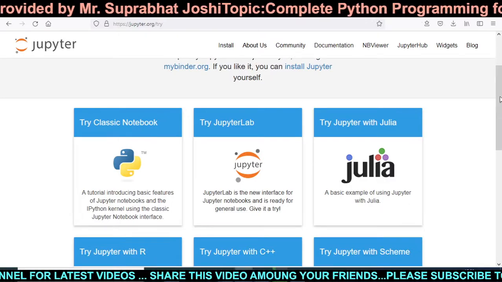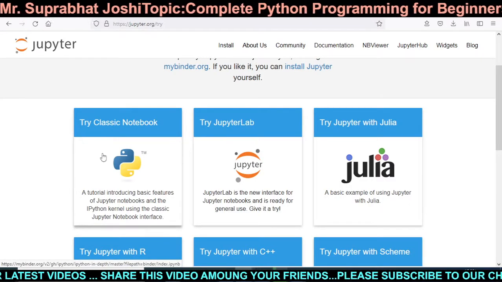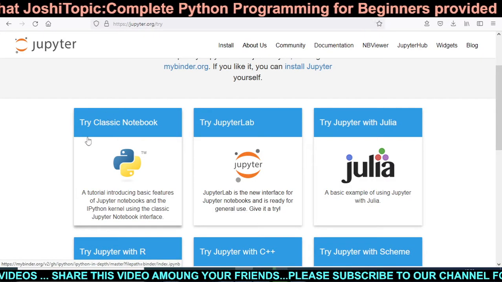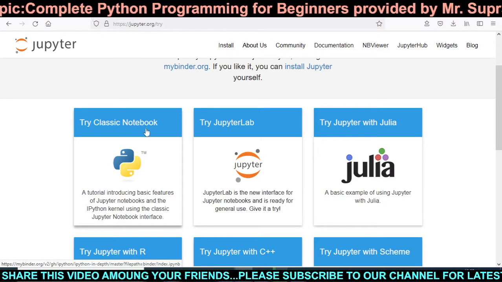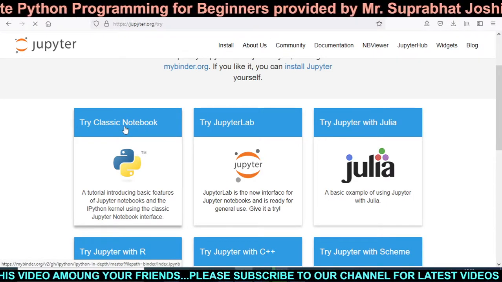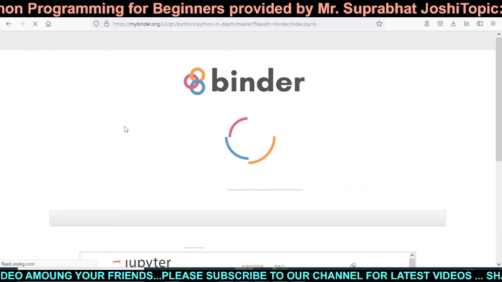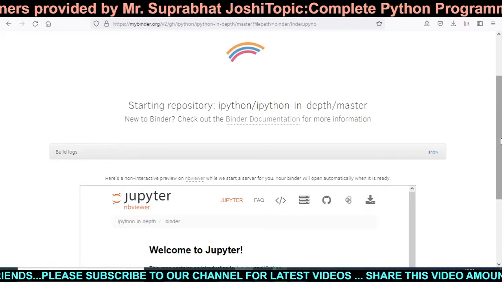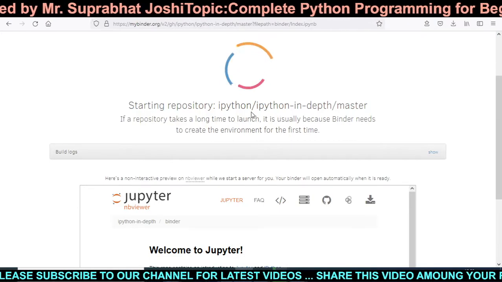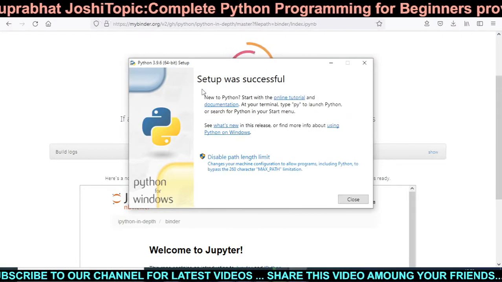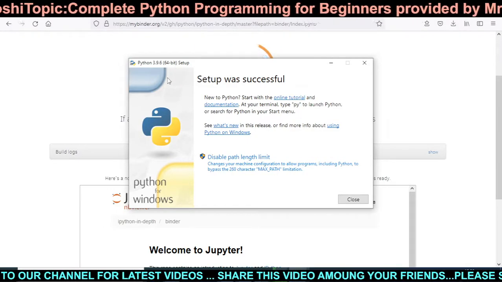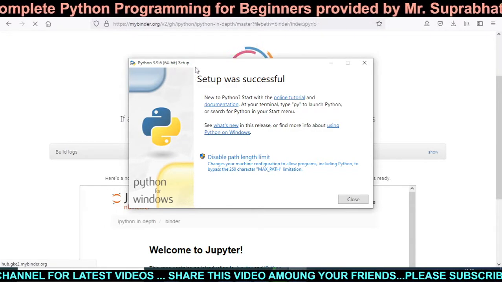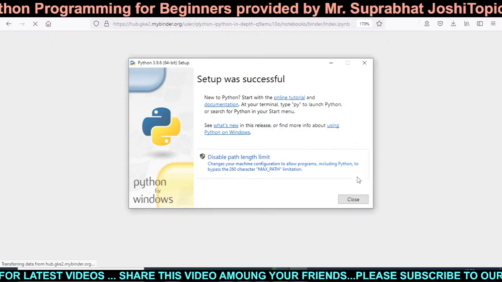Once you click, you will get try classic notebook. This is the first try in which you have to click. When you click, Binder will connect. It will take a little bit of time. So we can see that our Python 3.9.6 64-bit setup was successful.